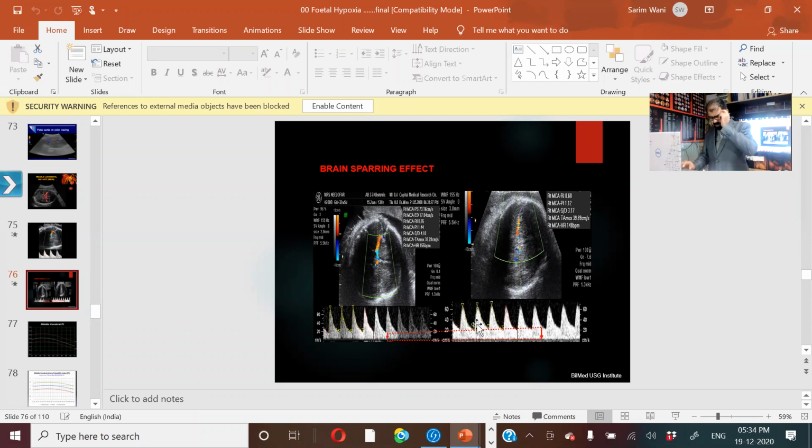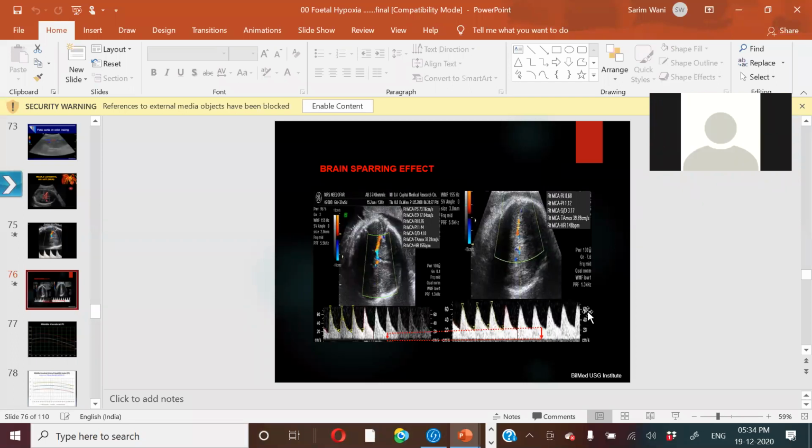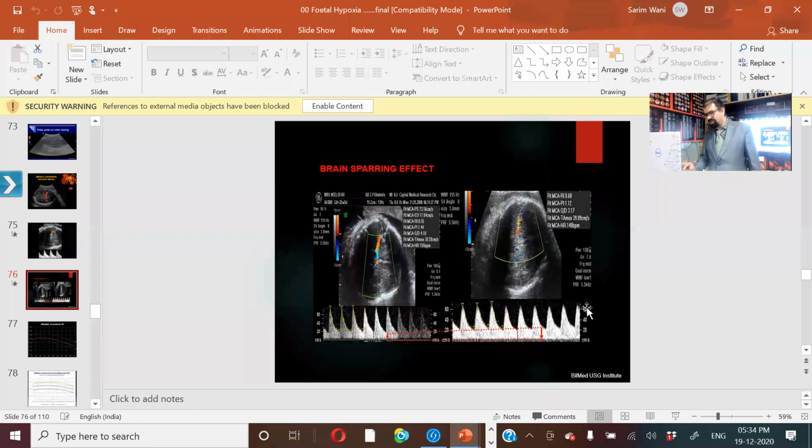Okay, done. Now I am showing you with this pointer over here. This is the peak systolic velocity. What is this over here? 20, 40, 60. Velocity chart, sir. Velocity. So this is the velocity range. Now, coming to your question, I first have to see the peak systolic velocity, and then the velocity range. Now listen to me carefully. This is the answer. If the peak systolic velocity is crossing 80,